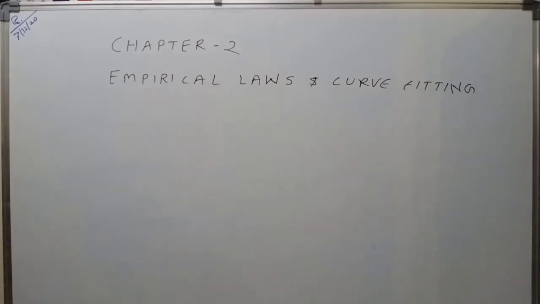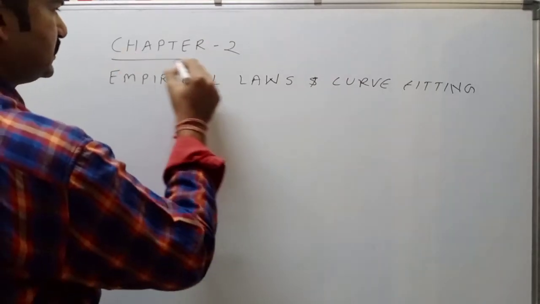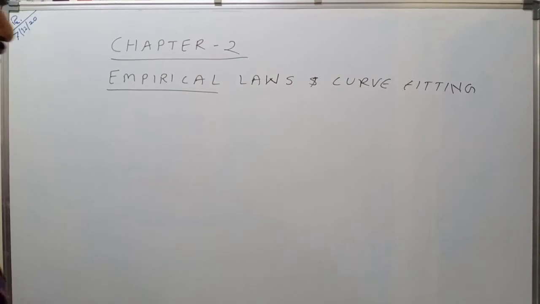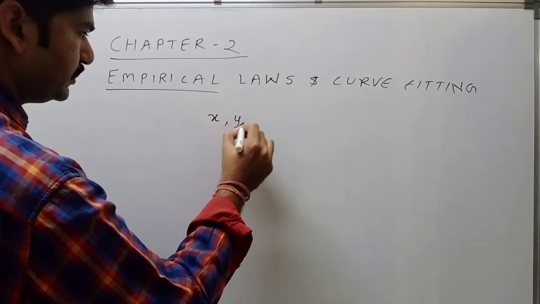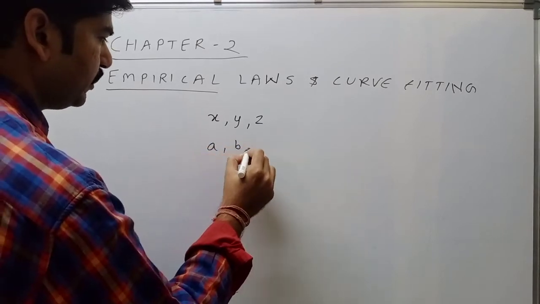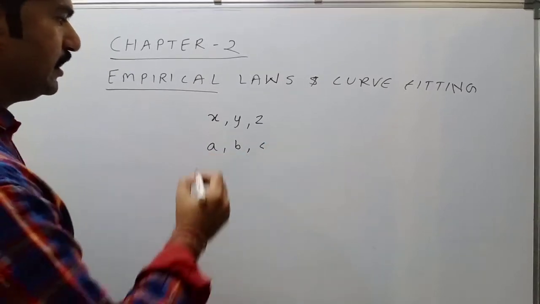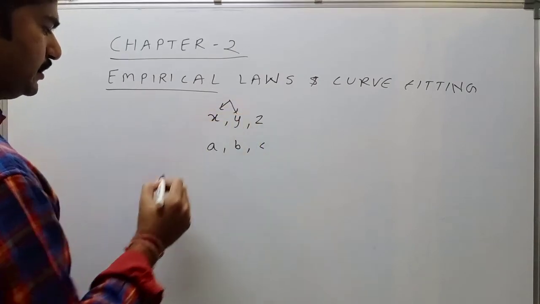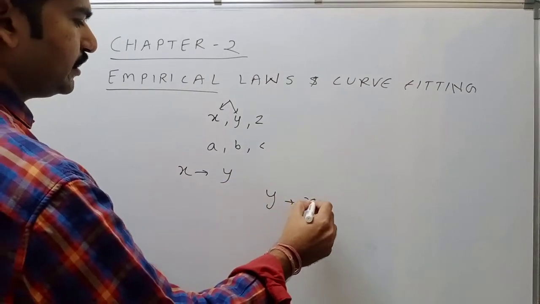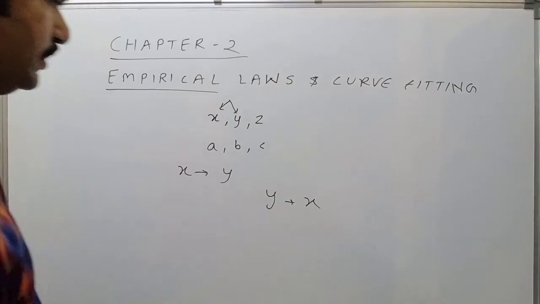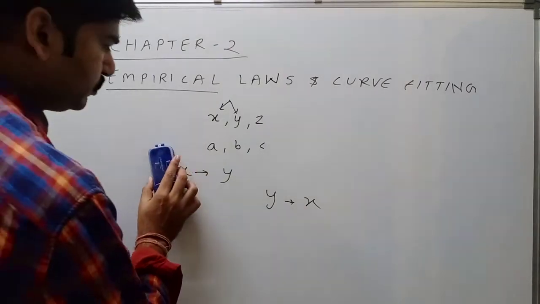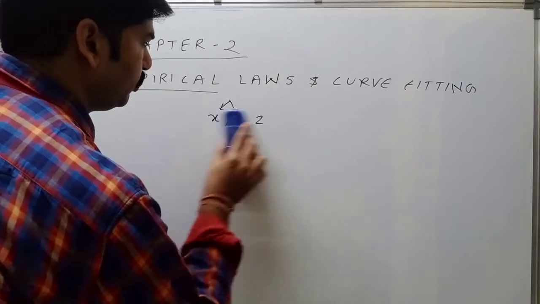Today we are going to discuss chapter number 2, that is empirical laws and curve fitting. Usually we come across variables while studying mathematics, for example x, y, z or a, b, c. We try to establish relationships among the variables, for example how x is correlated with y, and how y is correlated with x. So we have different variables with us throughout the journey of approximations and polynomials, whatever we